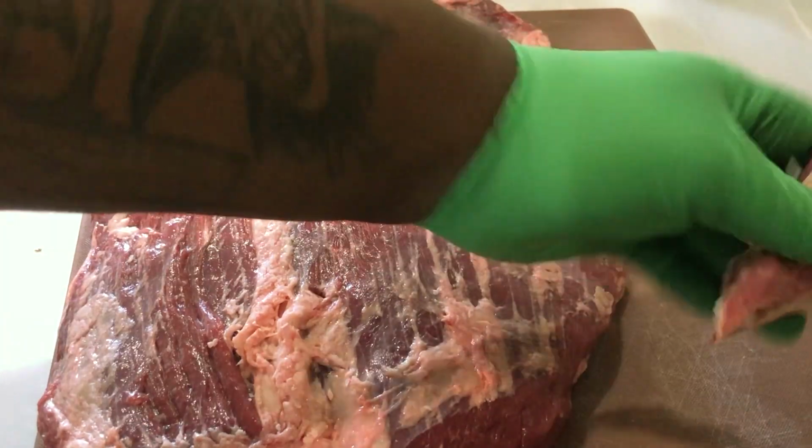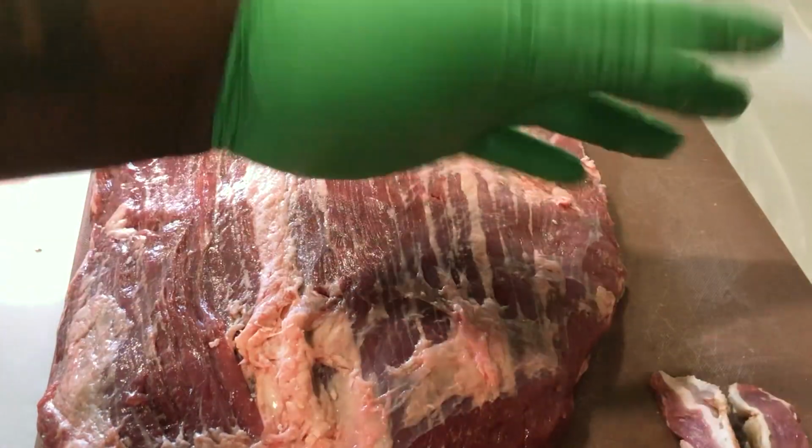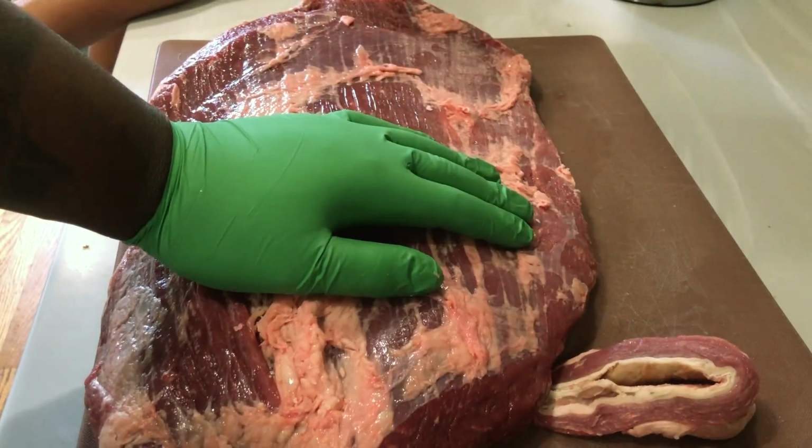And FYI, save all your trimmings. If there's a lot of fat, you can render it to tallow. Meat like this, cube it up, you can make stew. I trimmed a leg of lamb the other day, and